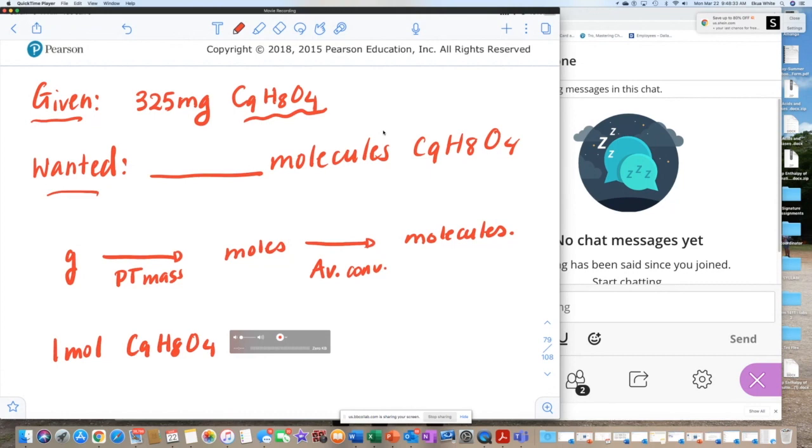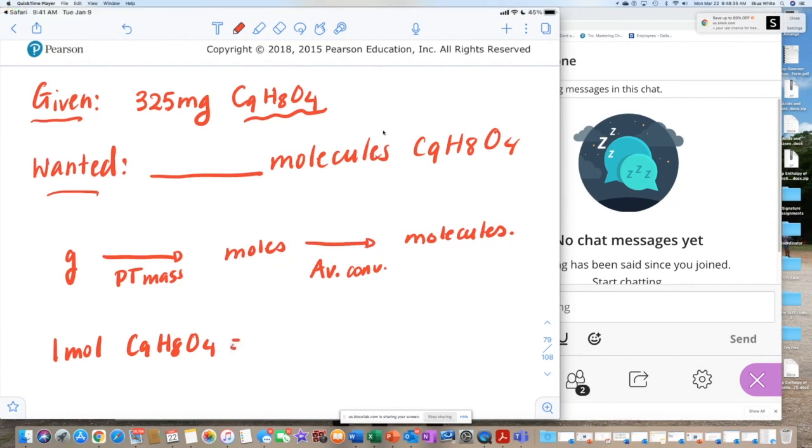Where is my calculator? Since I have 9 carbons, so 9 open parentheses 12 plus 8 open parentheses 1 plus 4 open parentheses oxygen is 16, right? So all I'm doing here is trying to figure out the mass of this formula, which I get as 180 grams of